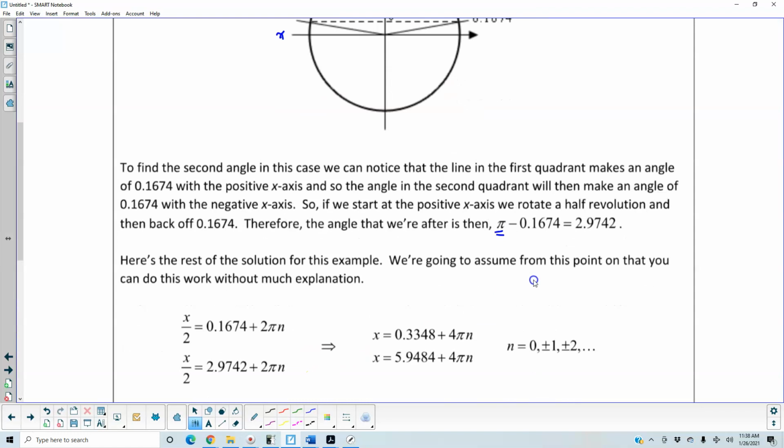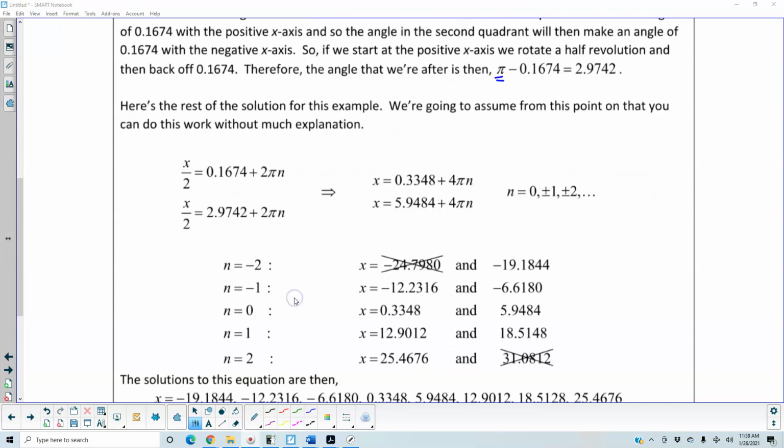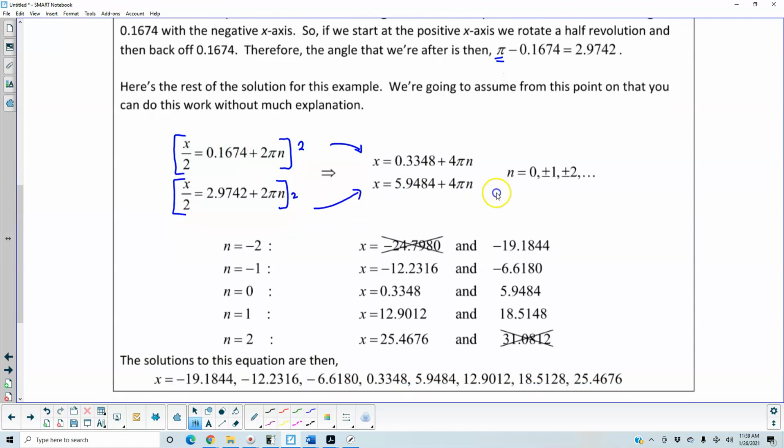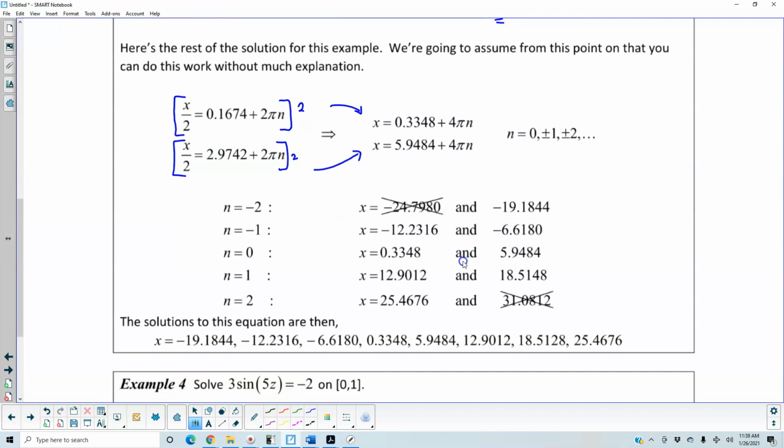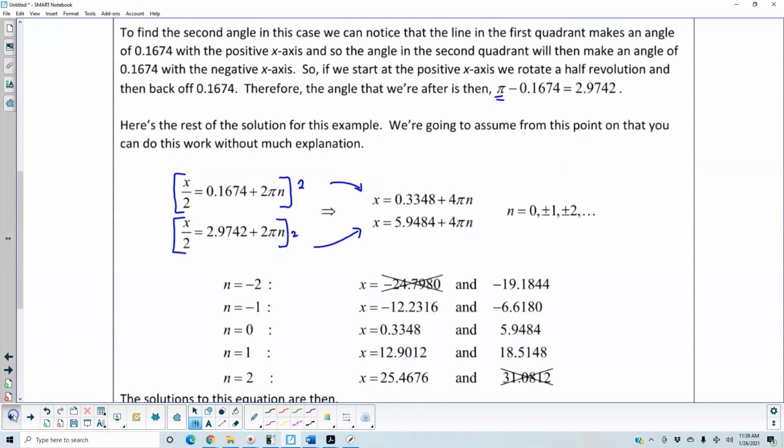We're going to assume from this point on that you can do this work without much explanation. So keep in mind here that what we're doing is multiplying both sides by 2 to get the following result. Same thing over here. We're multiplying both sides by 2 to get the following result. Now we have our angles plus 4 pi n when n is equal to the following numbers. So when we plug in from -2 to +2,